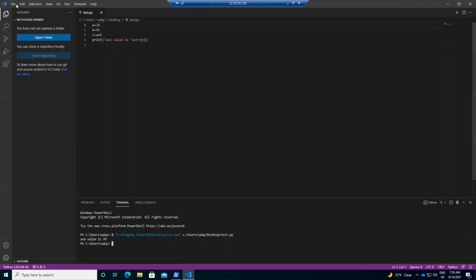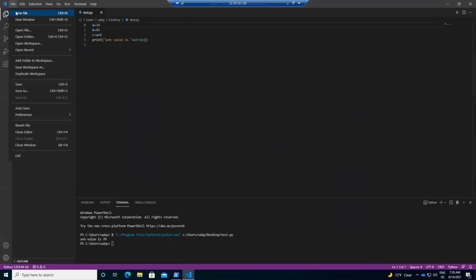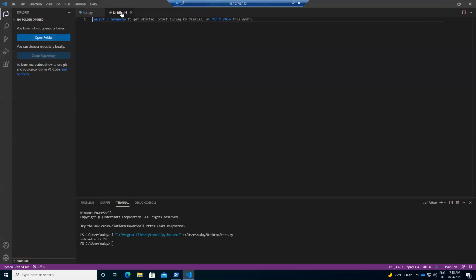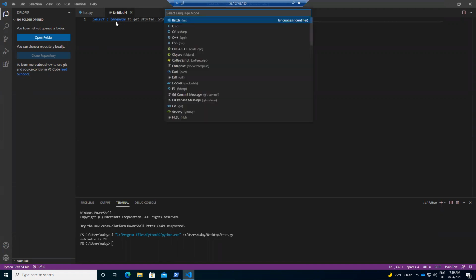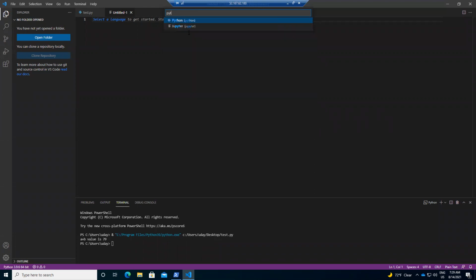So let me create a new file. As I'm not keeping any extension, and I didn't provide any extension, it is not able to detect which language I'm trying to create because it supports multiple languages. So click on this Select a language. It will open this command palette. Here you can select Python, then it will set the icon. Understood?